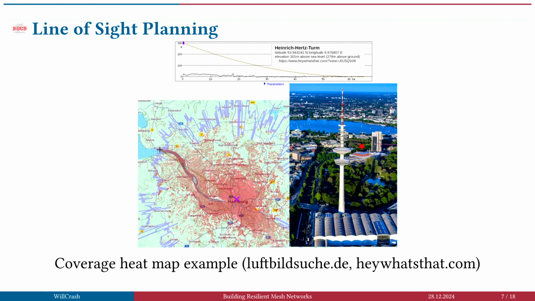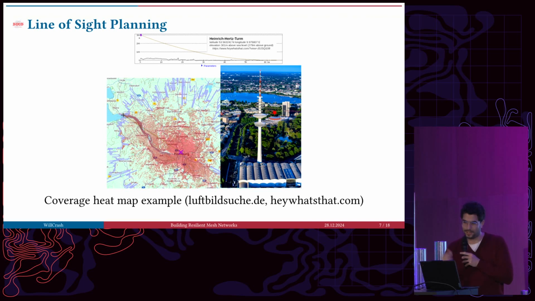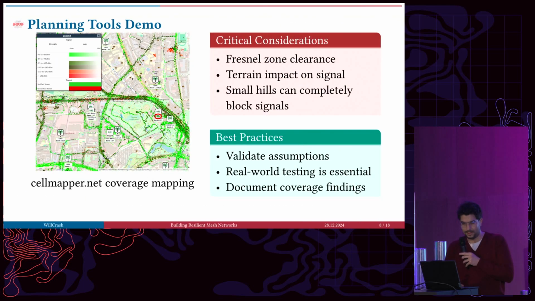You should check with the binoculars if you can see something, and that will be your first test. Then there's this website called Hey What's That? If there's enough time for 2 demos, and the demo gods are really good to me today, then I will also demo that. So you know, the Fresnel zone is around this yellow line, above and below which you could go around a building.